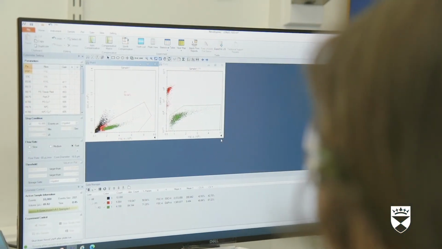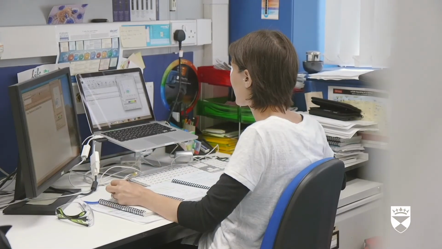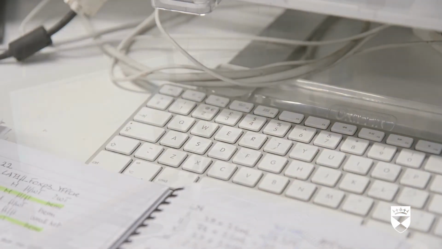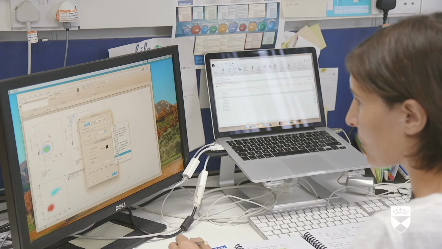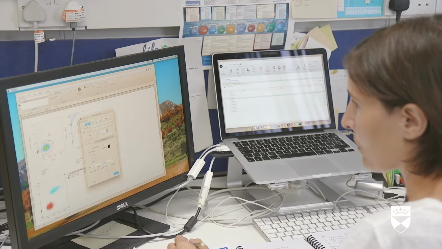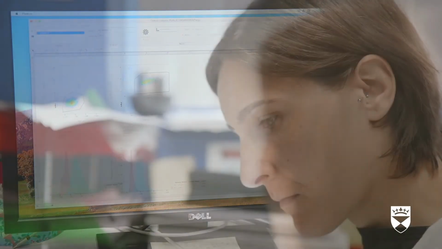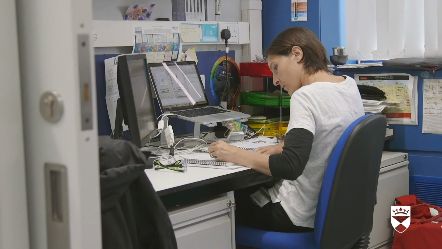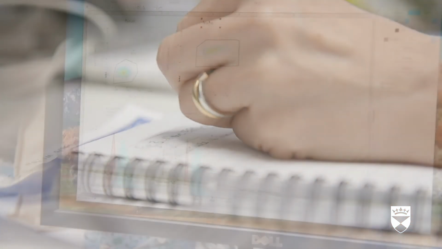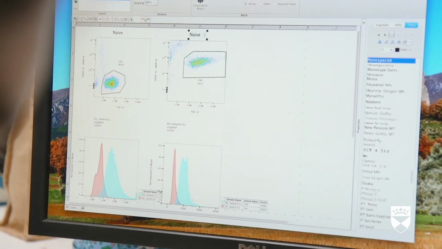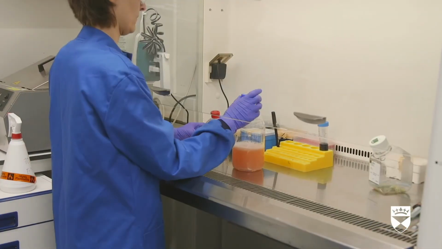Effector cells are much bigger in size compared to naive cells. They are also more granular. This is because they have specialized granules containing granzymes used to kill the target cells. The data from the flow cytometer is shown as scatter plots. Forward scatter, FSC, is used to measure cell size, whereas side scatter, SSC, indicates the granularity.